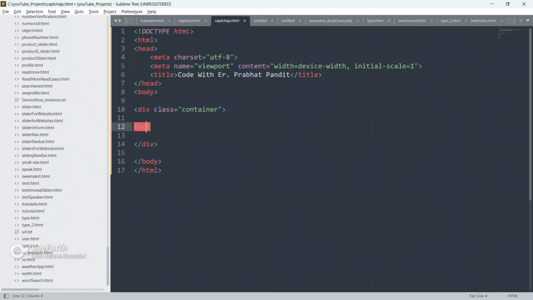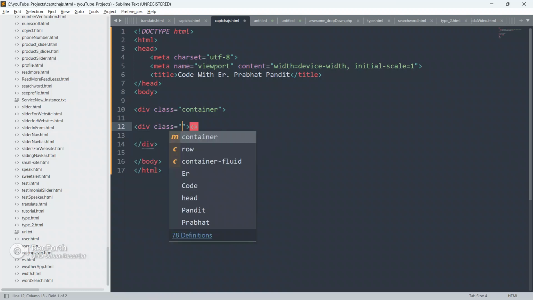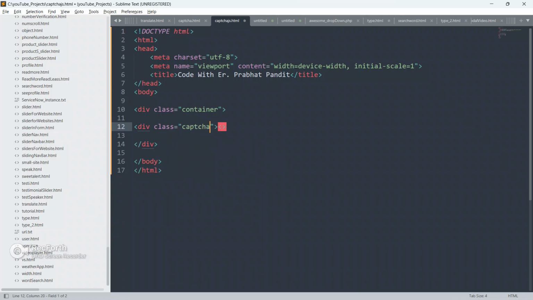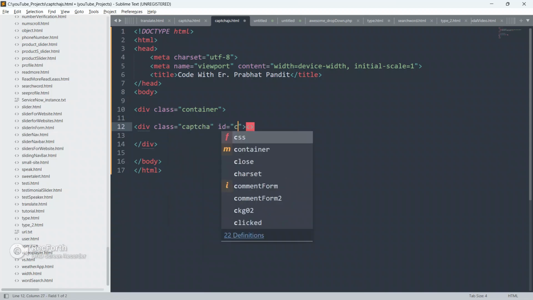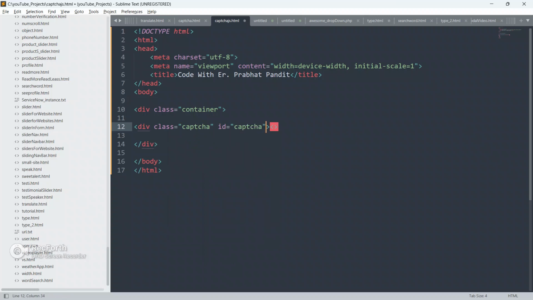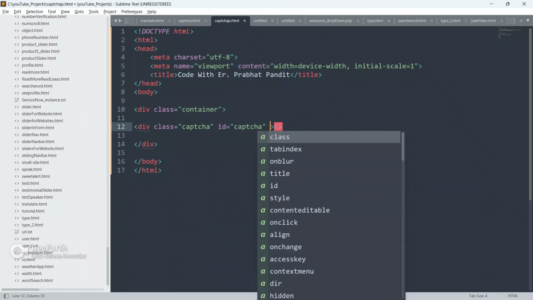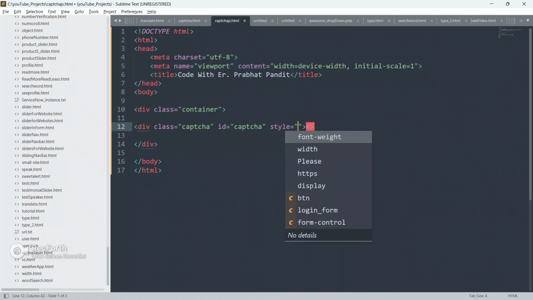Inside this div guys, create another div, give it a class as CAPTCHA and give ID also as CAPTCHA, okay. And give a little bit of inline style guys. I am going to use inline style here, okay.